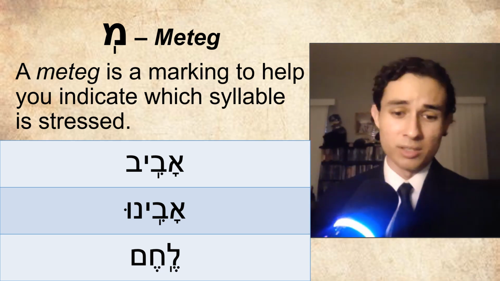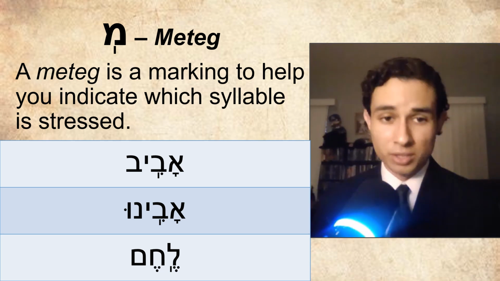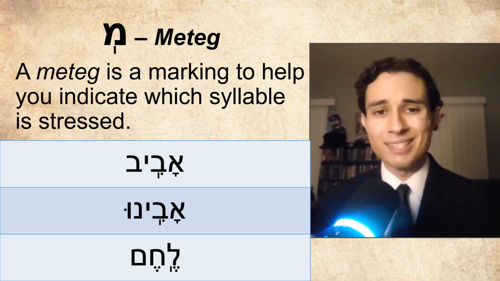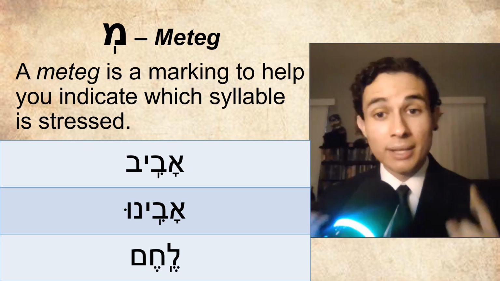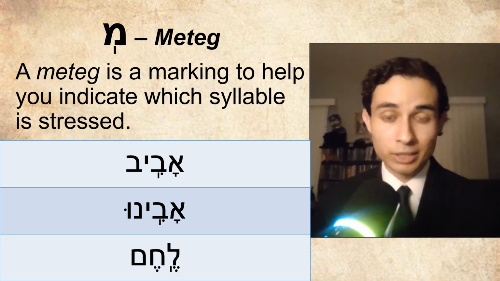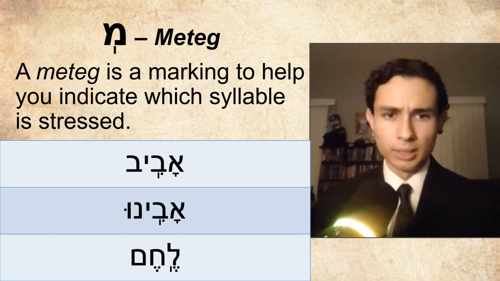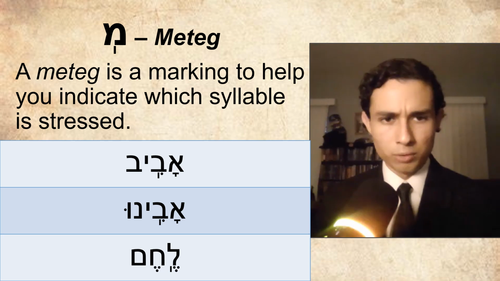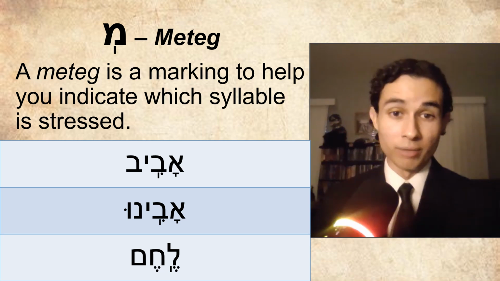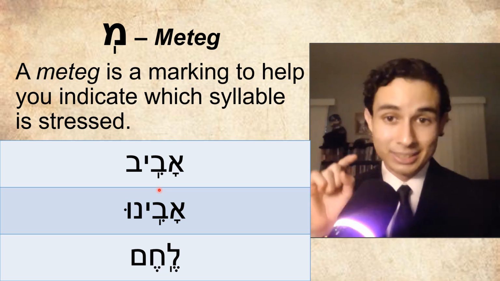And this is seen in pretty much most standard Spanish or Sephardic pronunciations. However, in the instances where the stress is not on the last syllable, the meteg is there to help you know where in the word the stress or the emphasis is supposed to be. So on the screen you can see a few examples of the meteg marker. So look at that first word. The meteg under the vet right here tells you that the stress is on that syllable.